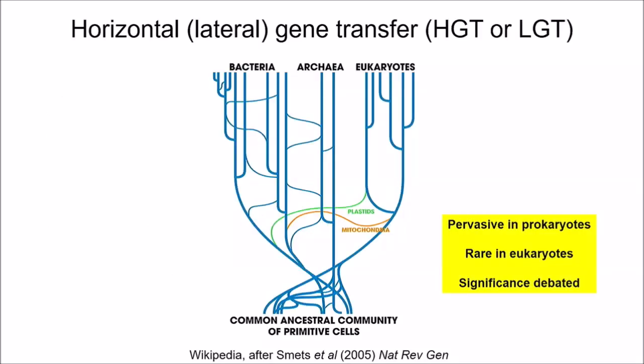So to begin with, horizontal gene transfer is the means of transmission of genetic material that is non-vertical, meaning it doesn't go from parent to offspring. And it's the predominant mode of transmission of genetic material in bacteria, but it's not nearly as ubiquitous in eukaryotes. In fact, it's very rare. Their germ line is usually fairly well protected from external DNA. So the role of horizontal transfer in eukaryotic evolution has been hotly debated,